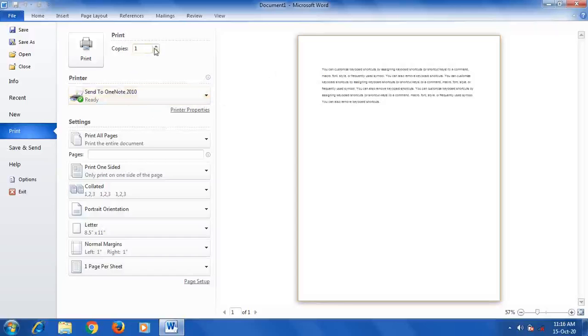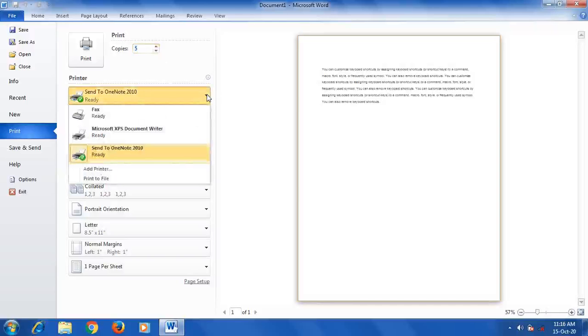If you want 3 copies, select 3, or if you want 5 copies, select 5. Then, for the printer, you can choose from this list; installed printer names will be displayed here. In this laptop I have not installed any printers, so default printer names are displaying.